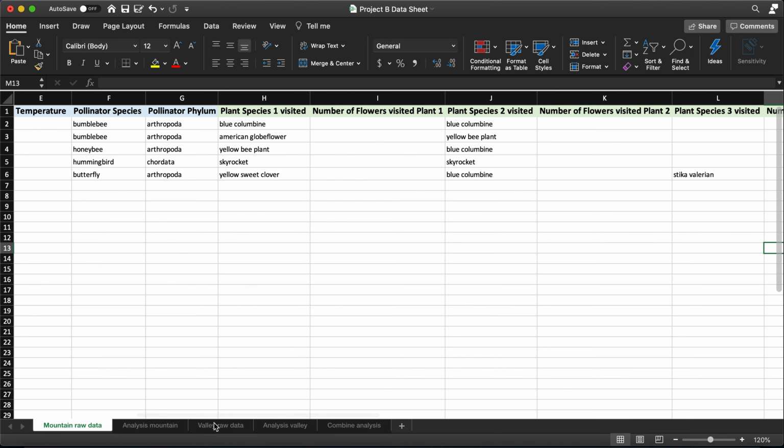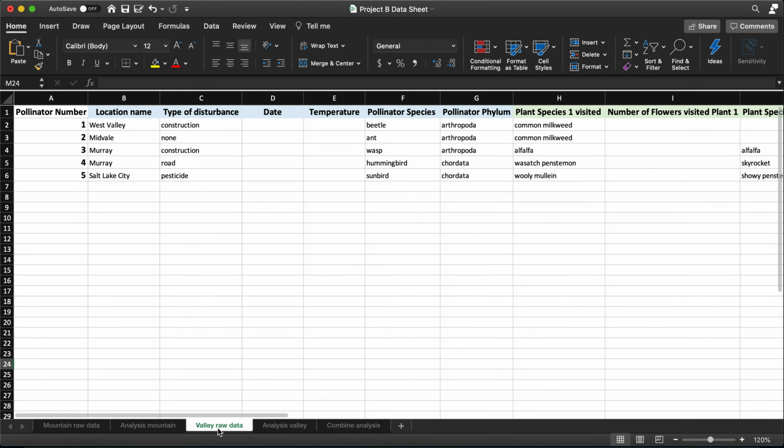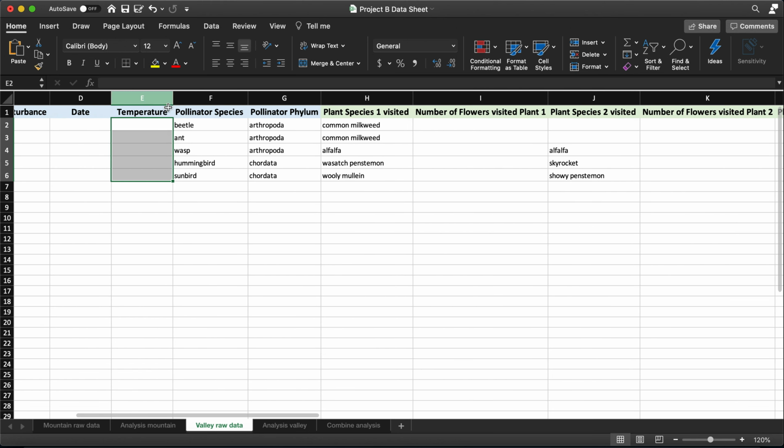And then the other one that I'm gonna pick here is tab 3, from the valley. So I'm gonna pretend that I'm in the valley. Okay, and then I went to these places for those particular 5 pollinators. Obviously, again, your location should be a little bit more specific. Mine is just very broad for the fact that this is a hypothetical example. I put here a type of disturbance. Okay, if you put the date, the temperature, and then we go back here to the same style,